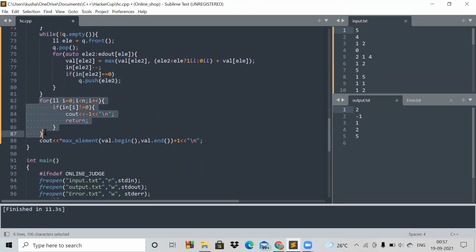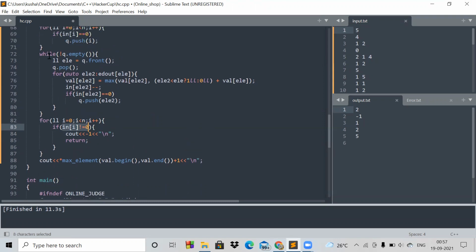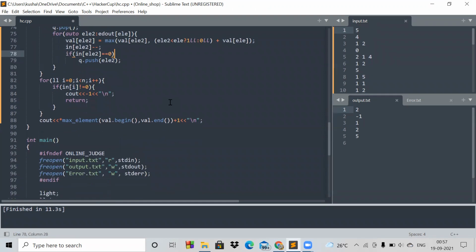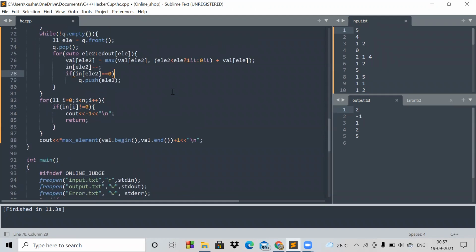So then I have checked if there is a node which does not have in degree as 0. If any node has in degree greater than 0, then that will not be pushed in the queue. And if that is not pushed in the queue, then we have not read that book till now. That is not possible with our logic, and that is only possible if we have a loop in our graph. And if we have a loop in our graph, we will print -1.